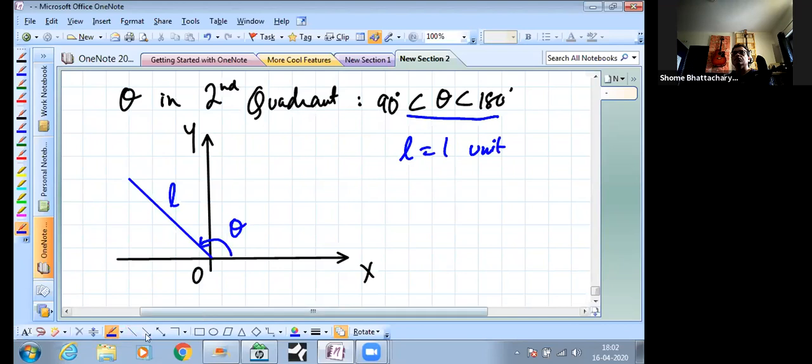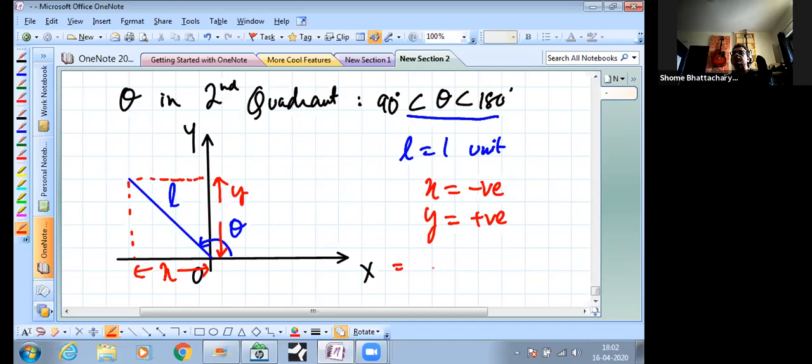Now for this rod, which is again by the way of unit length, if you see the projection that it is casting on the axis, immediately you realize that the projection on the x is towards the negative side. So this x projection should be a negative quantity. Whereas the projection the shadow is casting on the y-axis is on the positive side of the origin. So the y projection is positive. Now you recall that x was nothing but cos theta and y was nothing but sin theta. So immediately you understand that cos theta is negative, whereas sin theta is positive.